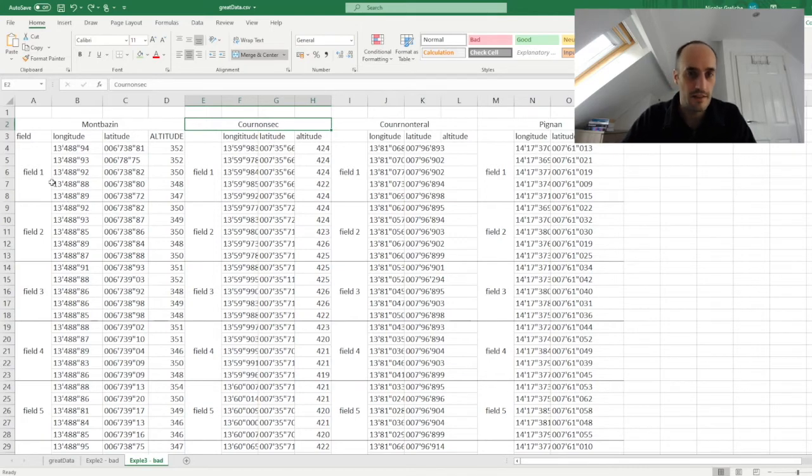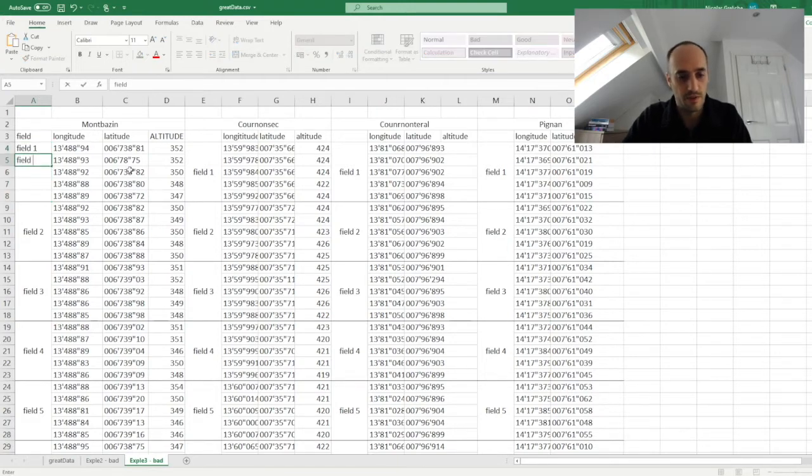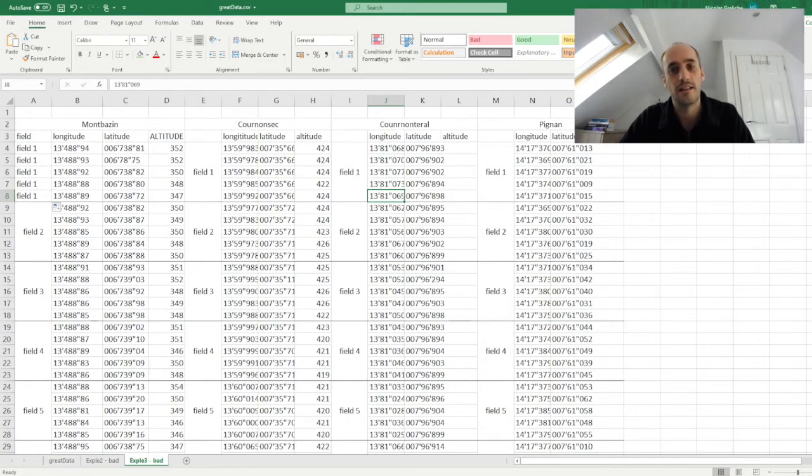The last big issue in this data is the merging of the cells in the field column. You shouldn't have any cells that are merged. If I merge this cell, I now have the value field 1 for the first row, but the information is missing for the other row. It shouldn't be. The information should be on every row. So here, what we should have is field 1 for all the rows, and then field 2 for all the rows, etc. My advice, really, is to avoid merging cells at all costs for any data that you might consider exploring with some software different from Excel.